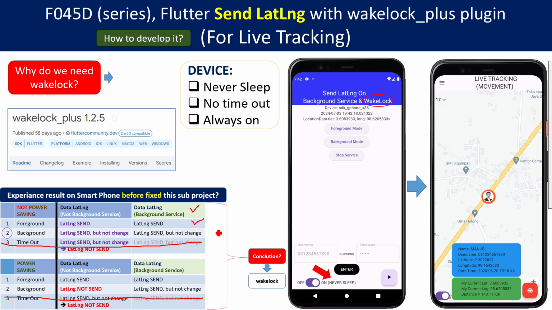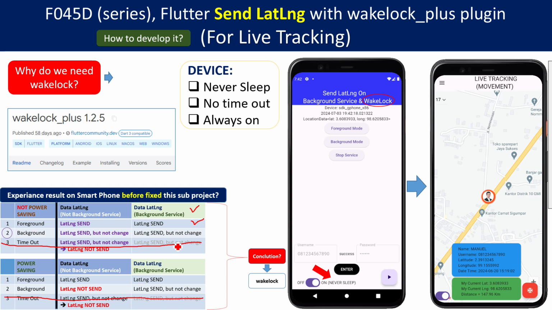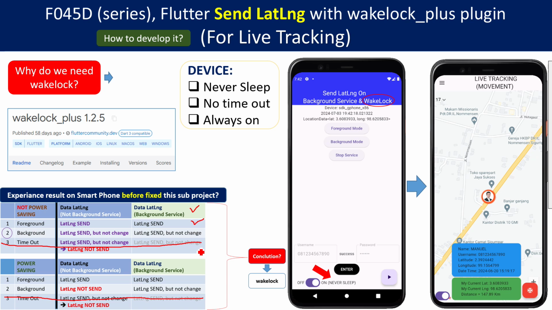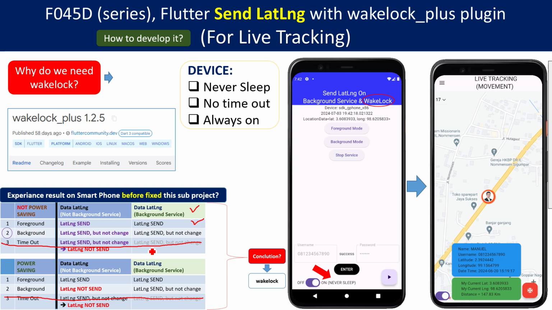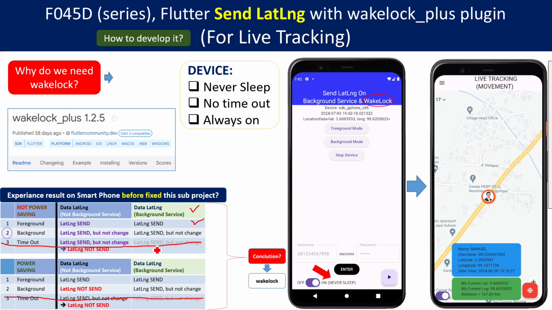But for number 3, if we don't use this plugin and a timeout occurs on our device, the lat long is not sent, because if a timeout occurs, this lat long will not be sent.